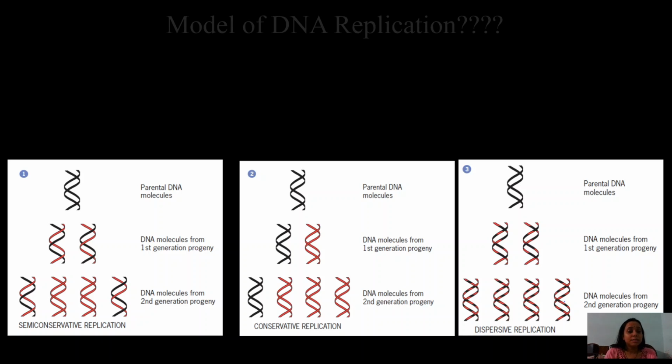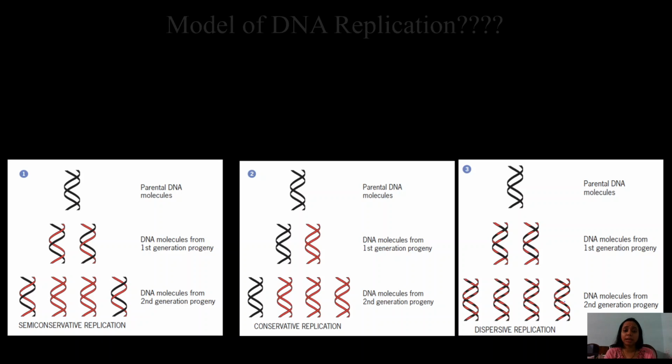We'll get to know. In the first model, which is called semi-conservative replication, the parental DNA molecules get separated, and each of them develops one strand of the new daughter DNA. You can further see that it develops the second generation of progeny, and then again we have one older and one newer strand. So that is the semi-conservative model, in which the parental molecule separates and leads to the replication of the newer molecule. So we will have DNA molecules having one old and one new strand.